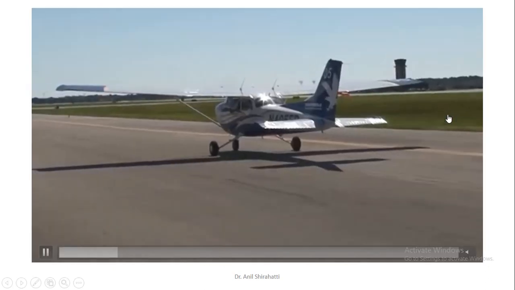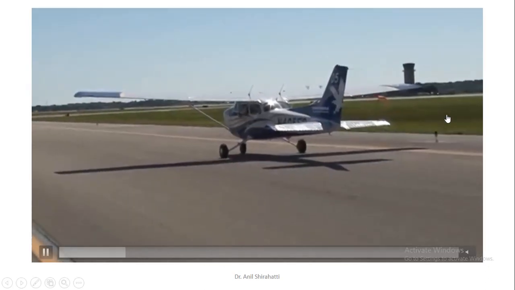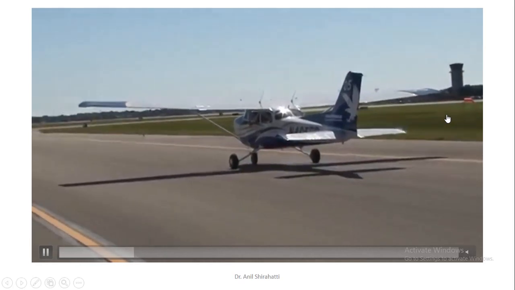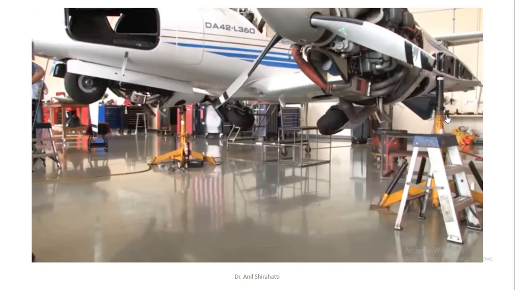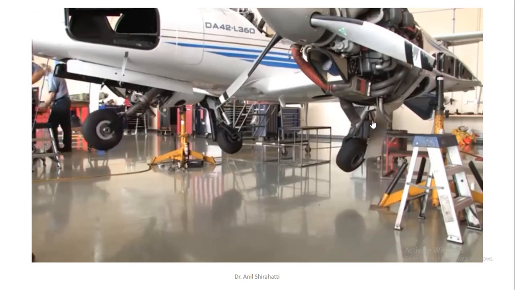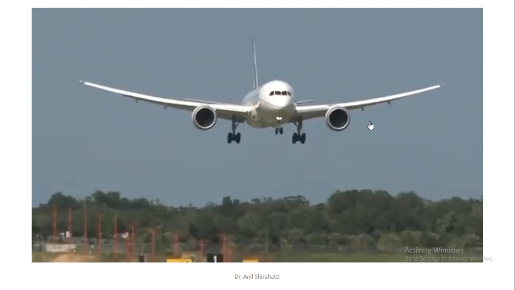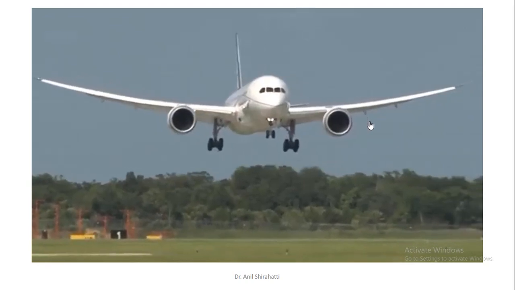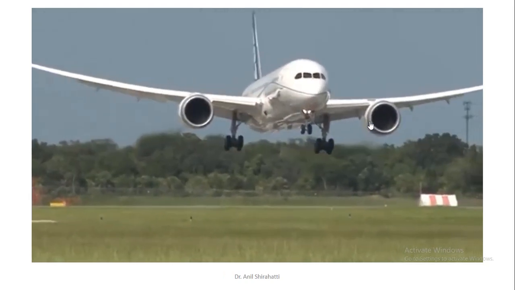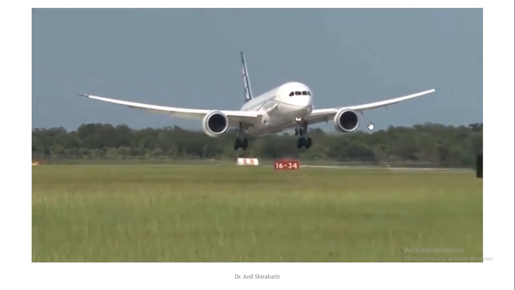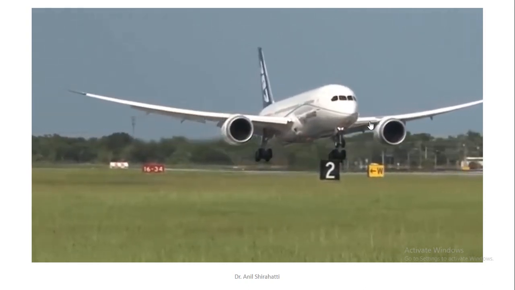You can see how complicated it is. This is a single two-seater aeroplane. Even when the landing gear has to come out, we are using the hydraulic system only. Even for the big plane, when the landing happens, you can see how the hydraulic system works.